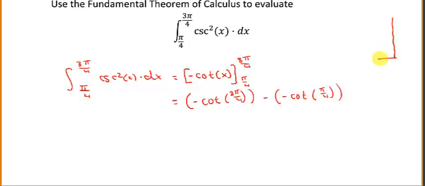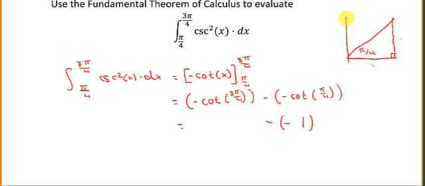Pi over 4 is like 45 degrees, so the adjacent and the opposite will be the same, and cotangent is adjacent divided by the opposite, so this is going to be the opposite of, say, 1 over 1. These will be the same, so this will be the opposite of 1, okay, minus,